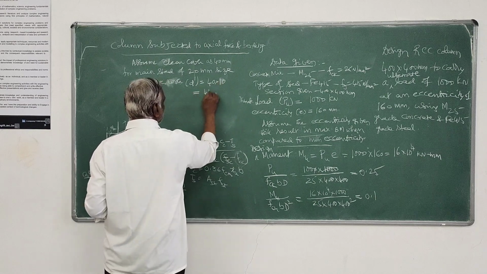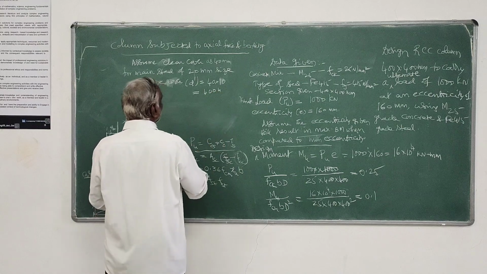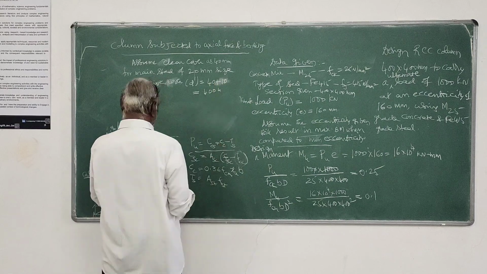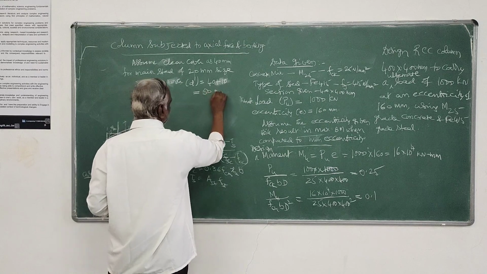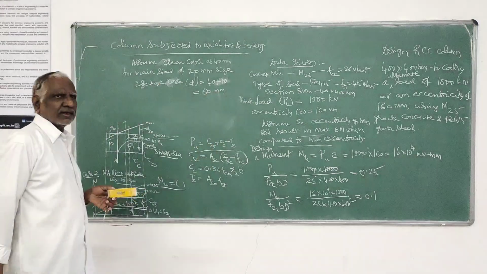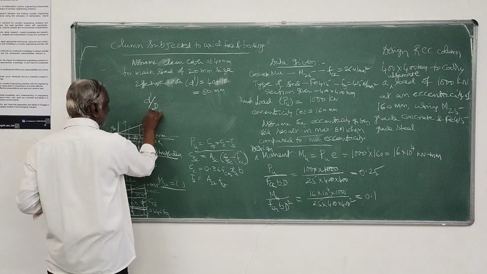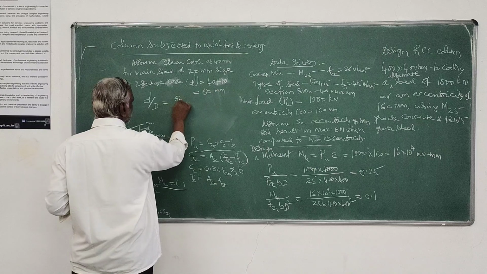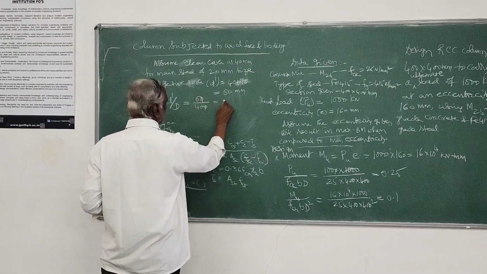That is 40 plus 10, that is equal to 50 millimeters. That is one effective cover. You can find d dash by D. So d dash is 50, D is 400, so this comes to